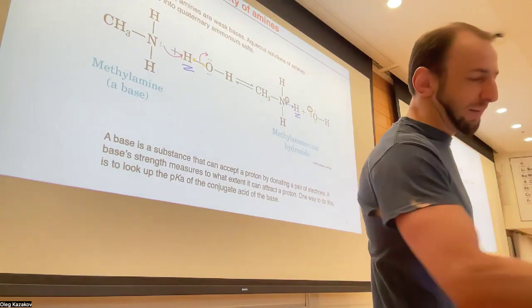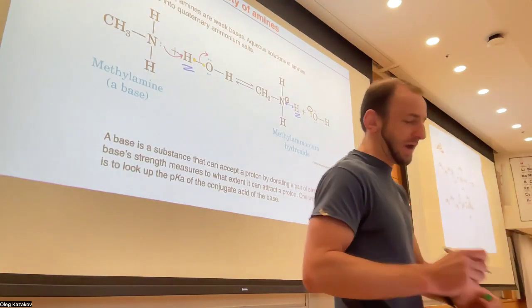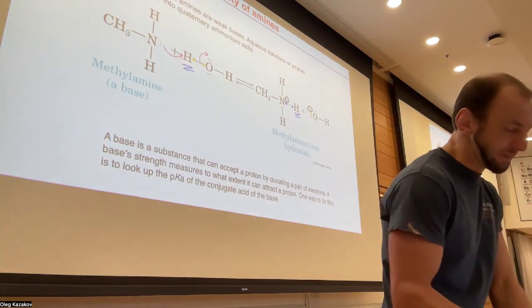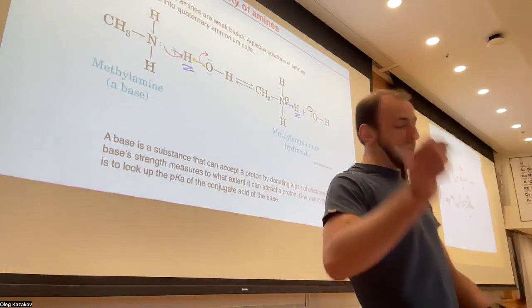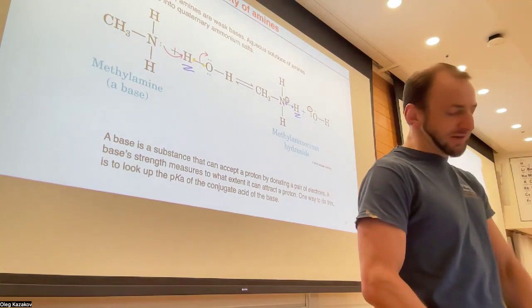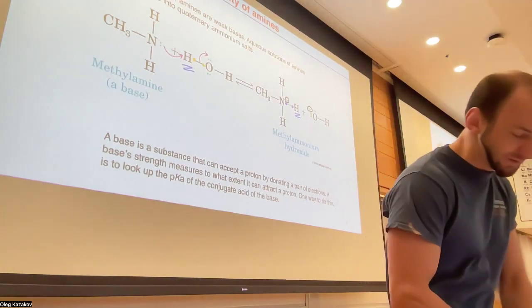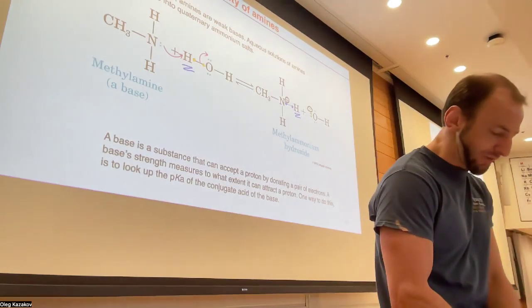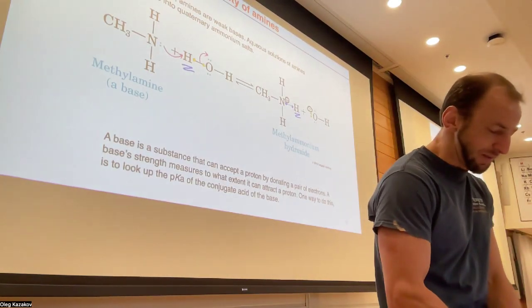So some kind of extra review, right? In terms of Gen Chem, this is going to be the time for the Gen Chem to show up. So we have the acid. Acid makes what? It makes this guy, right? It makes the opposite, with the word conjugate. So it makes the conjugate base.